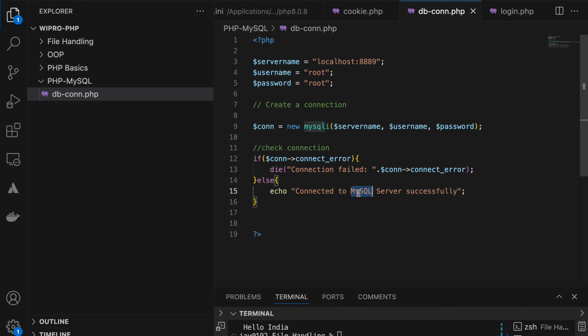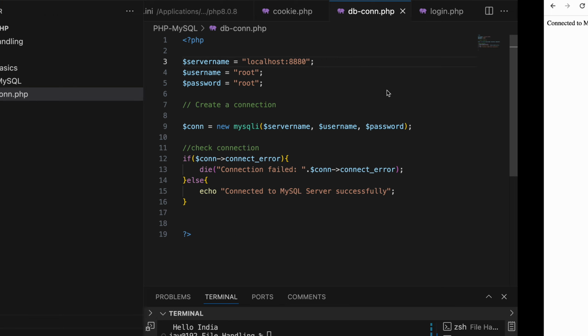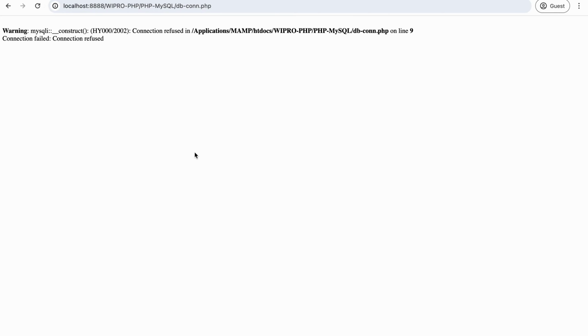Suppose I'm giving a wrong port. What is happening? An error and a warning are also coming. What is the error? Connection failed.